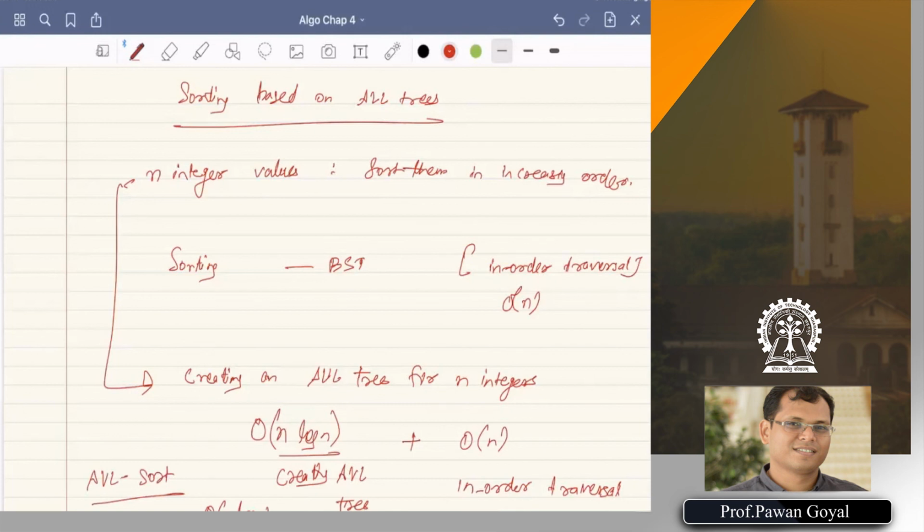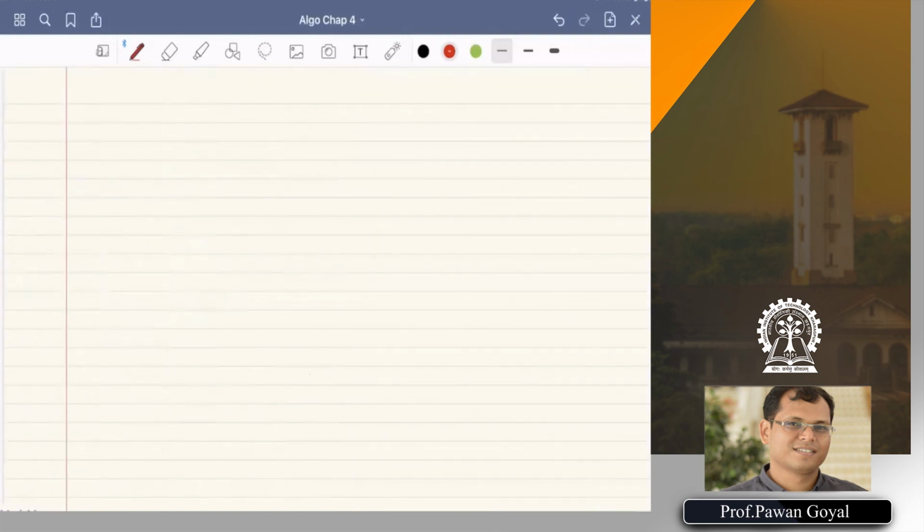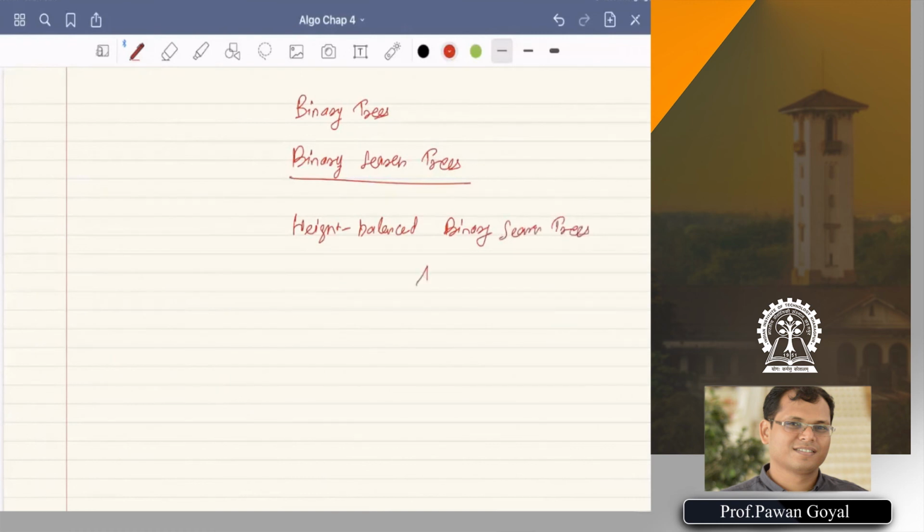So I think we covered a lot this week. We talked about starting from binary trees, then we went to binary search trees, but we found there was a problem with all the operations, they were O(h). So is there something we can do, a height balanced binary search tree? That's what we saw in the AVL tree. We were able to balance the height to O(log n), and that helped a lot. Now we can even define something called AVL sort. If somebody asks you whether binary search trees can be used for sorting, yes, they can, but you will have to use some height balanced binary search tree.